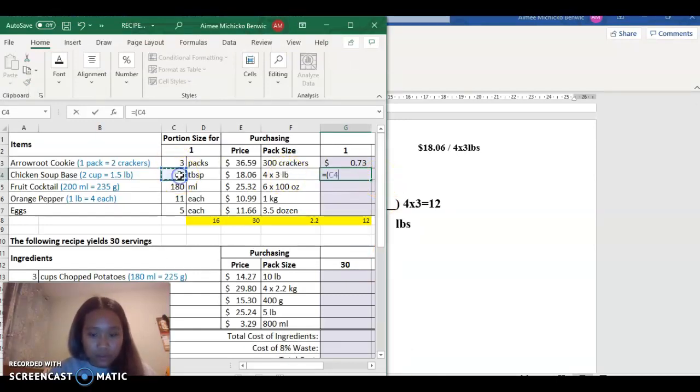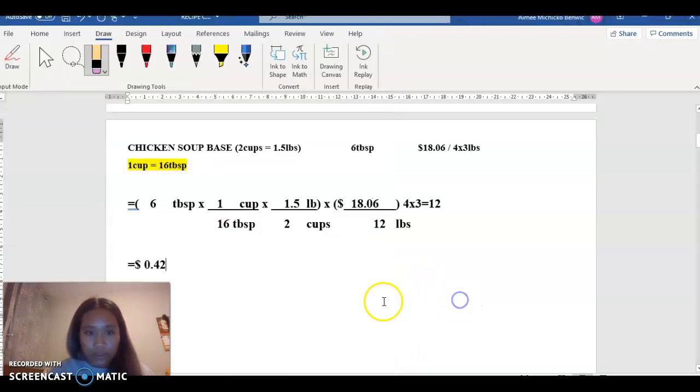So 6 divided by 16 multiplied by 1.5 divided by 2 cups, close bracket, multiplied by the price divided by the 12, close bracket. That gives us 42 cents. So for the next